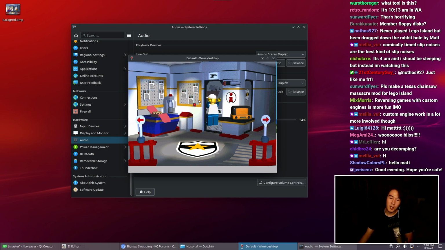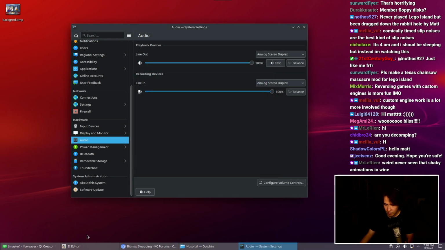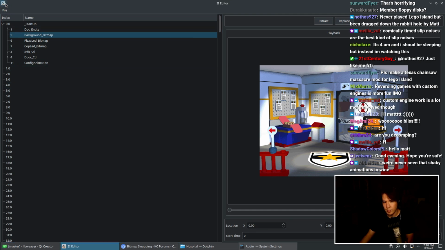And then all these other overlay bitmaps appear, because they're still in there. But yeah, I changed the background, so it's a relatively thorough modding tool. This, however,